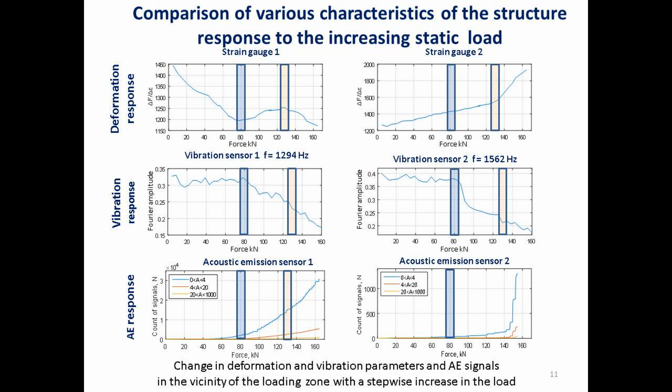This slide summarizes data on the changes in the deformation response of the structure during loading, obtained by 3 different methods. The diagrams refer to the points number 1 and 2 adjacent to the loading zone. In all diagrams we can clearly identify the loads that correspond to a sharp change in the deformation response of the structure. They are about 80 kN and 130 kN. The detected features are most clearly manifested in the area adjacent to the jack location. So we can conclude that noticeable structural damages appear near the jack location and correspond to the above values of load.